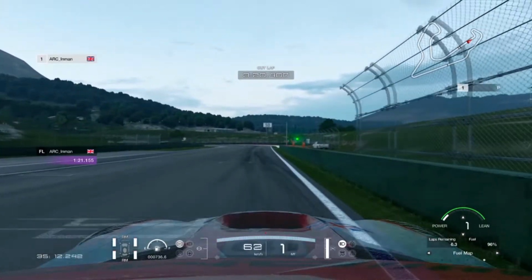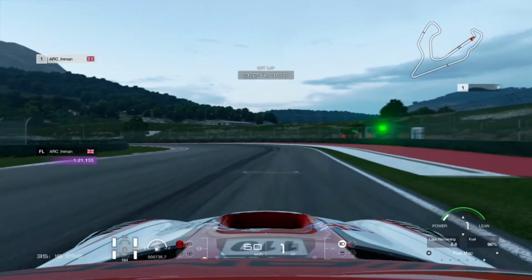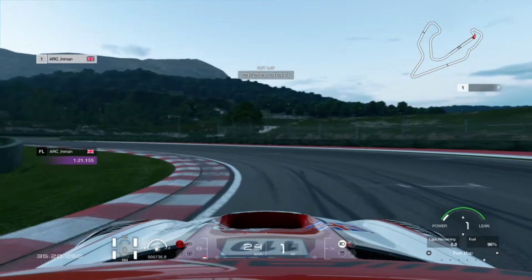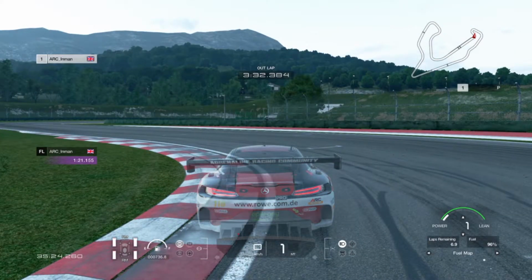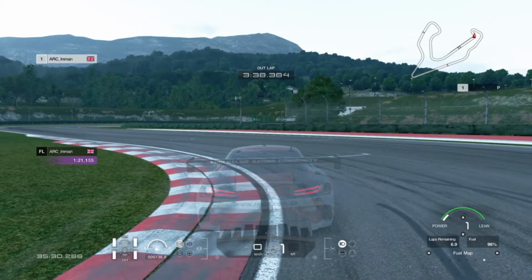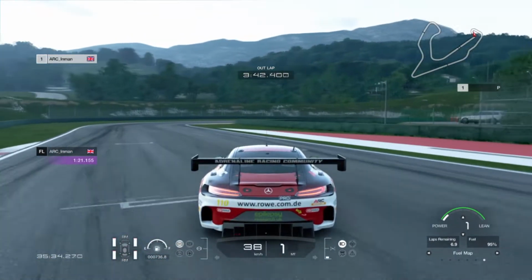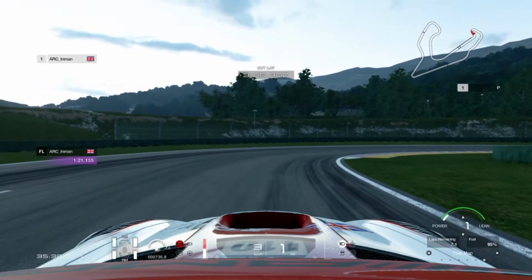So then we're going to be initially fully on the brakes and then easing up off the brakes, turning in early, and then only using this first part of the curb. So using this second part of the curb, the raised part of the curb, will help you to understeer, which is not very good. Then we can run all the way out wide here and then braking in a straight line,